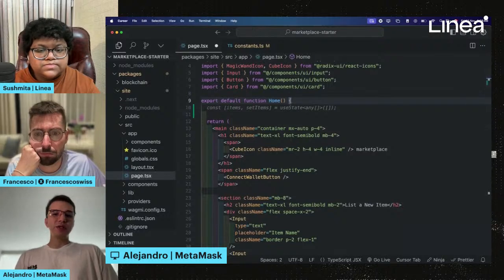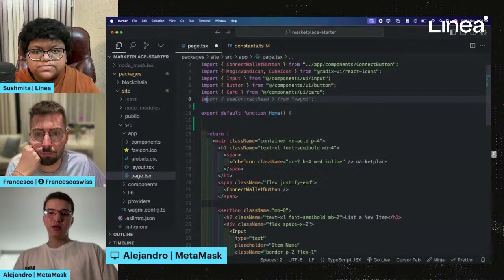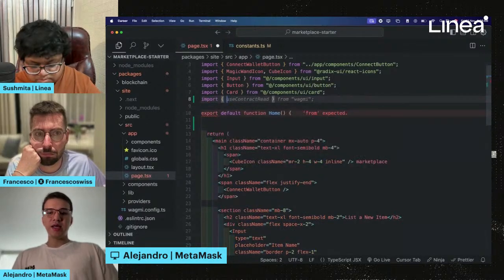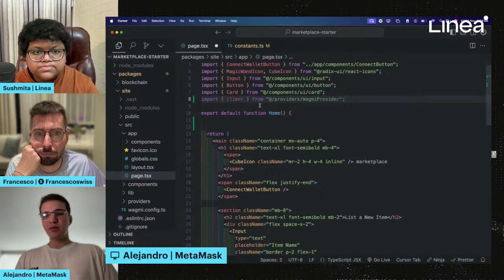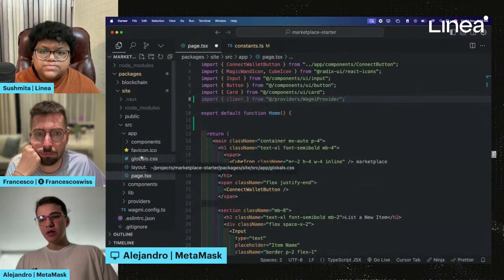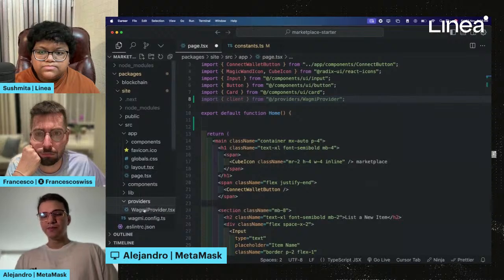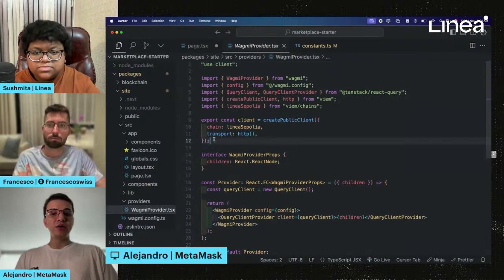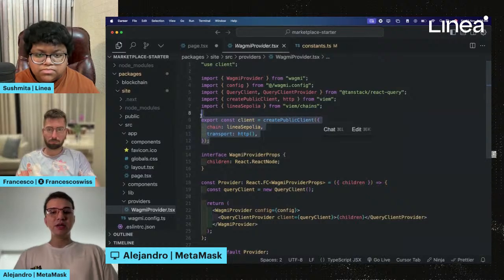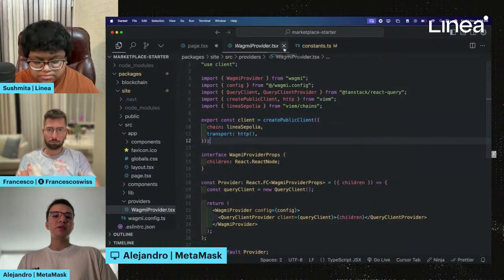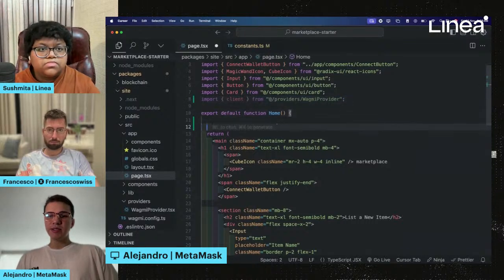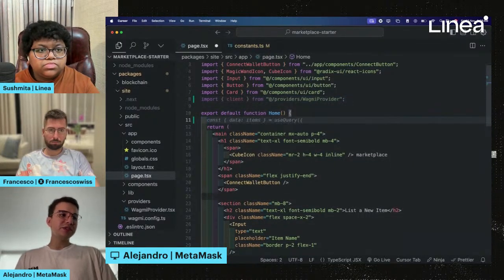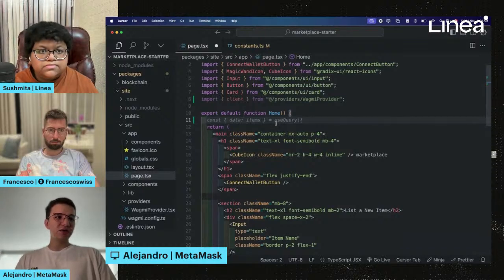So basically what I am going to do is import the client from the wagmi providers that we have right here. This also comes with the CLI. You will already have this set up. This way we can start interacting with the contract. We have the client, and right here we're going to create some